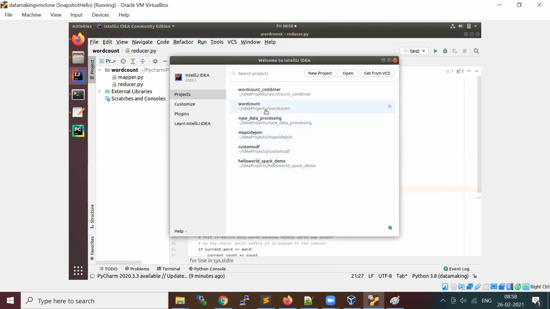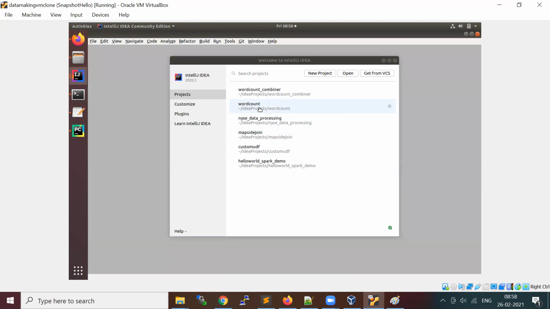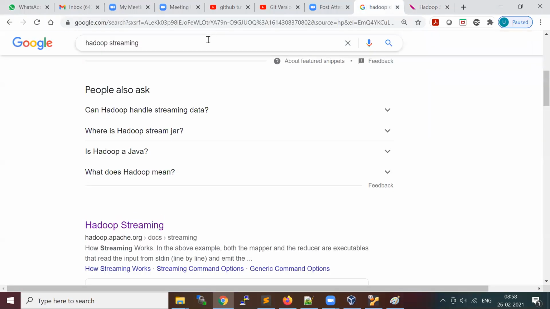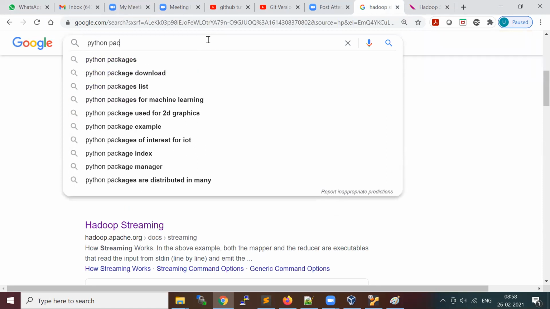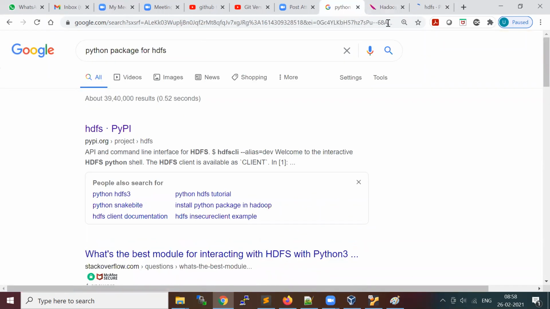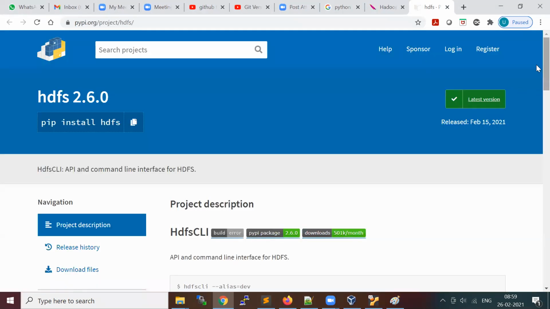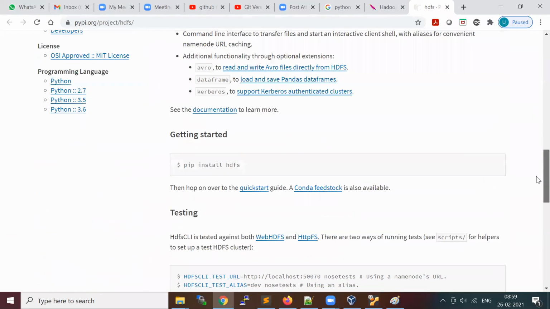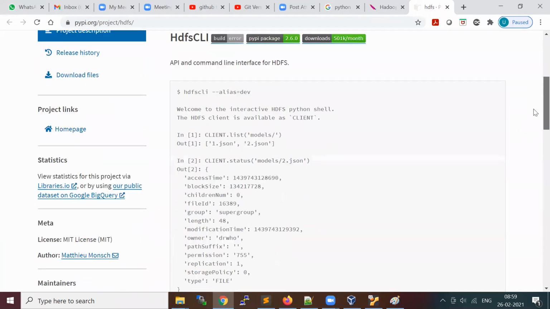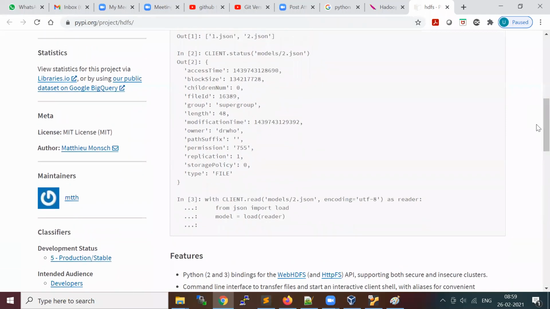What I'm trying to say is, I will do it here. Let us open the MapReduce program. Probably you can try with this package, but I have not tried it. For HDFS file operations, we can try this example.